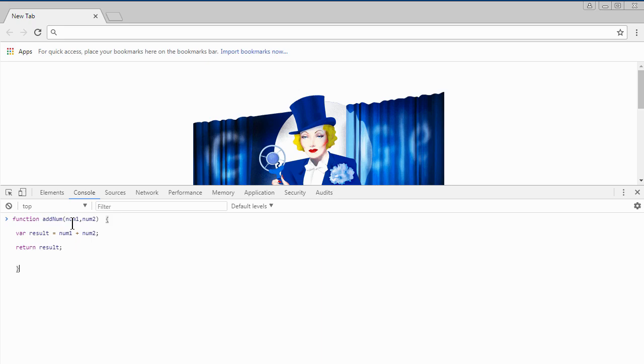And once you specify the arguments, if there are any, inside the parentheses, you then have the curly braces. You've got the opening curly brace here and the closing curly brace. And in between the curly braces is the block of code that has to be executed when the function is invoked or called. Notice here I've also got a return